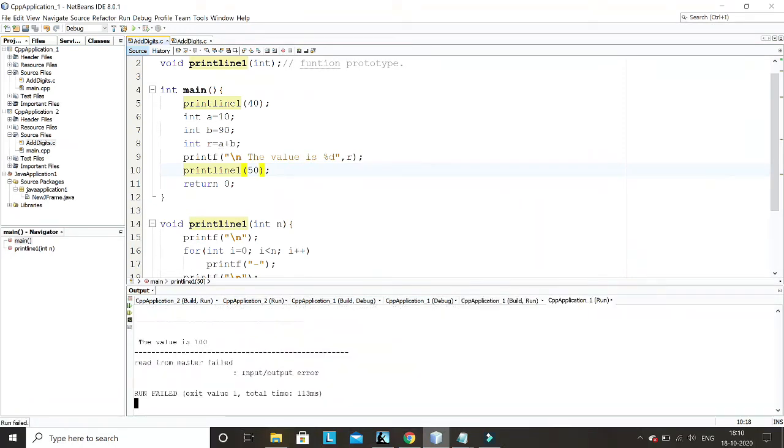See, now this line is printing up to here, but this line is printing up to here. That is, the length is different. The first length is 40, the second length is 50. So how am I doing all these things here?